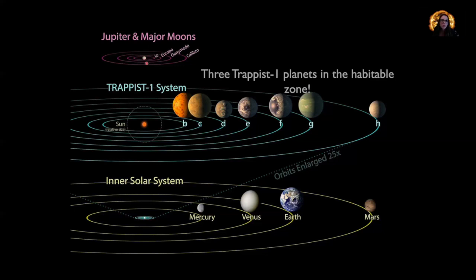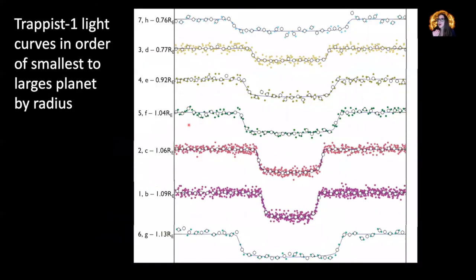So you can see in comparison to that as well. Now these are the light curves for TRAPPIST-1, for the TRAPPIST-1 star. So these are the light curves of the star. So here's the average brightness of the star here. And then each one of these dips is from one of those planets transiting in front of the star. So each one of these dips in the light curve corresponds to one of those planets passing in front of